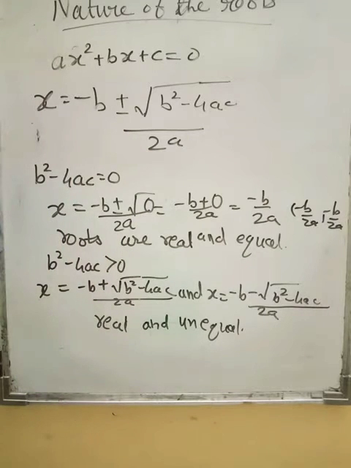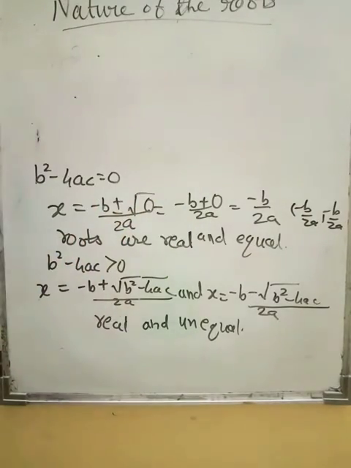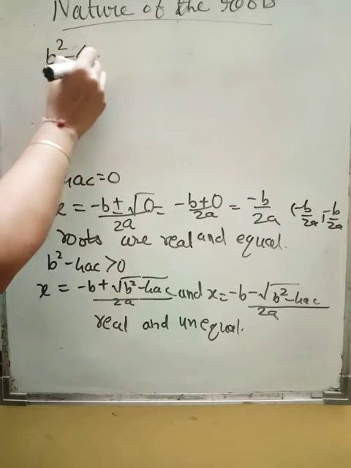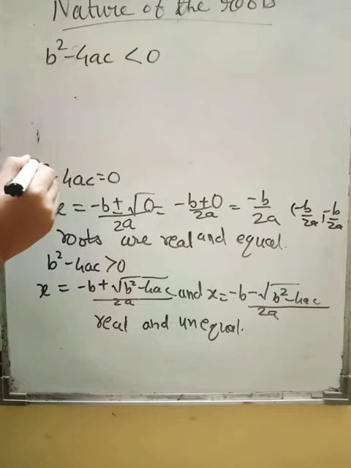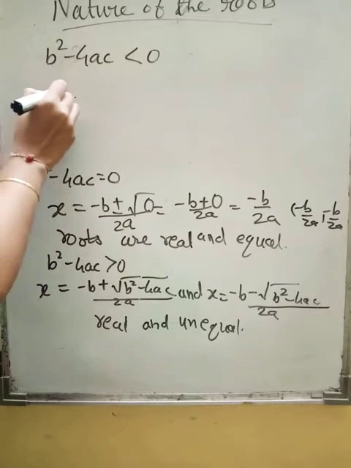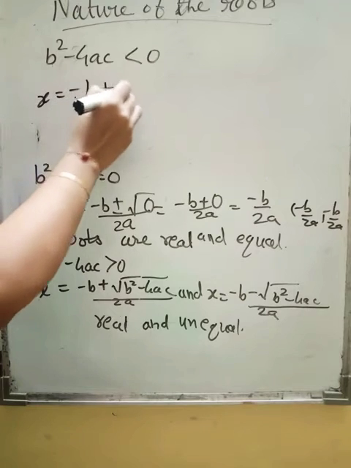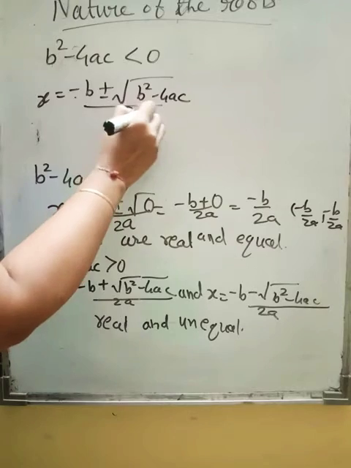Right? And suppose you are getting b square minus 4ac as negative. Now let us see what happens. Up till now we have seen cases of this type in your previous exercise. So let us see now, if b square minus 4ac is less than 0, then what is the problem children? This is less than 0. So what is the value of x? x is minus b plus or minus square root of b square minus 4ac upon 2a.